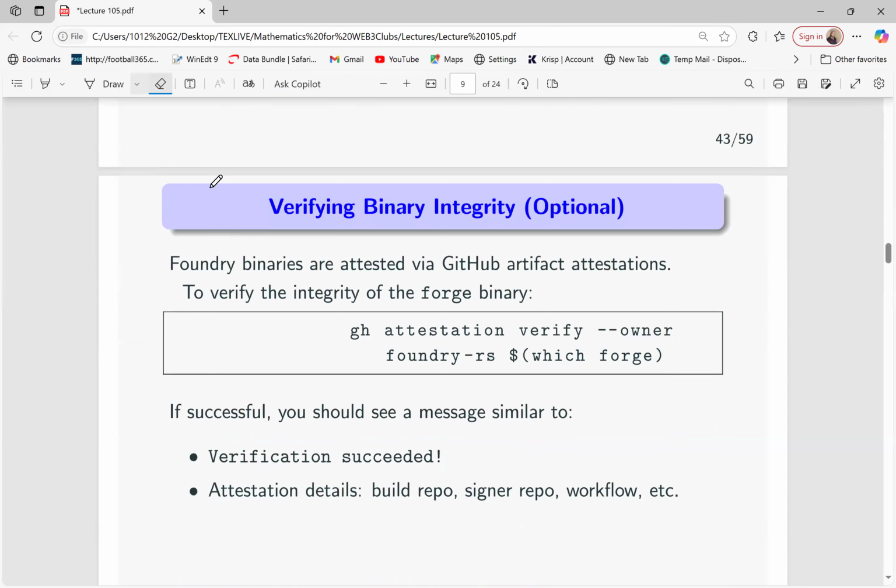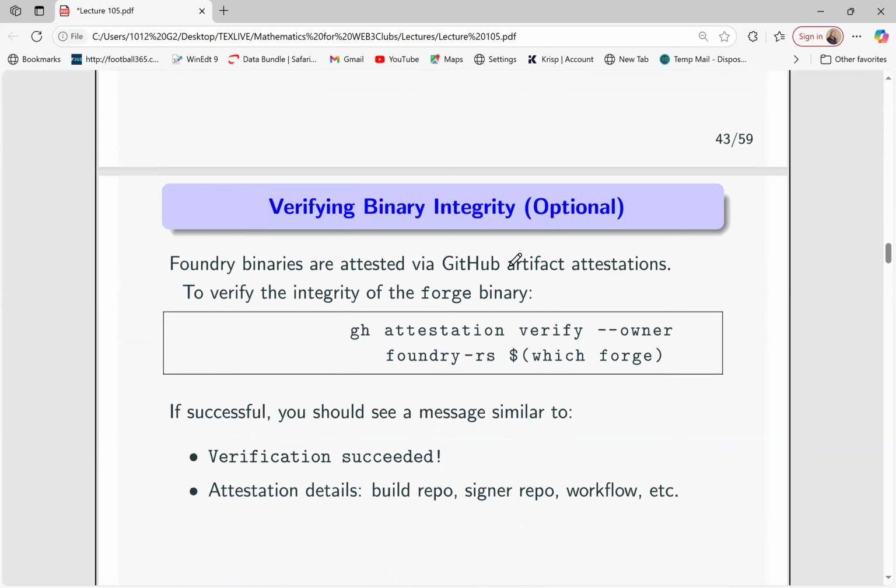Now there's something here on verifying binary integrity. And this option is optional. This is not a must. If you want it, I've said Foundry binaries are attested by a GitHub artifact. So to verify the integrity of the Forge binary, if that is what you want to verify, then you can copy the link